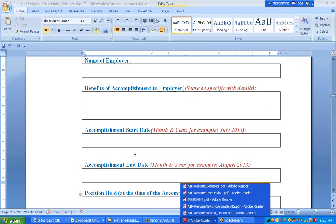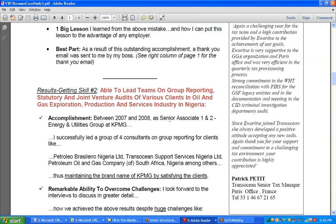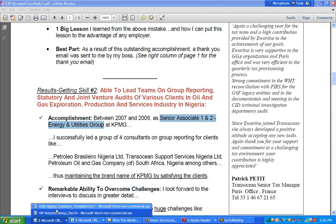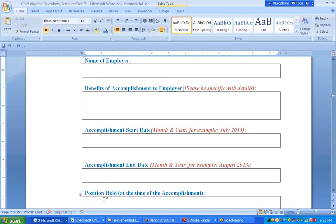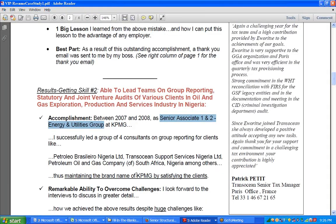Okay. Between 2007 and 2008, as Senior Associate 1 and 2, Energy and Utilities Group at KPMG. KPMG is the name of the company. Title of position is Senior Associate. So that is what you put in this place here, position held at the time of the accomplishment. You need to put it here. If you go ahead, I successfully led a group of 4 consultants on group reporting for clients like Petroleo Brasilio and so on, Transocean